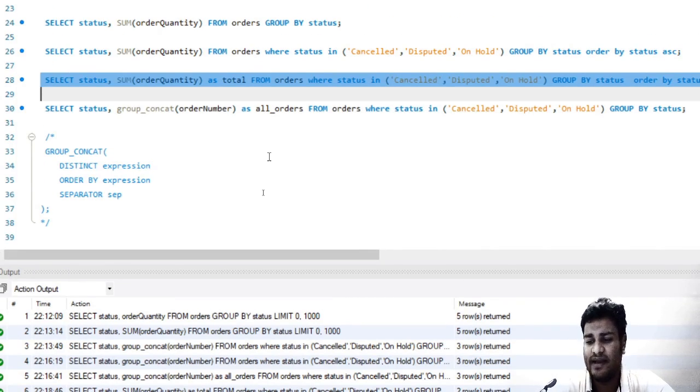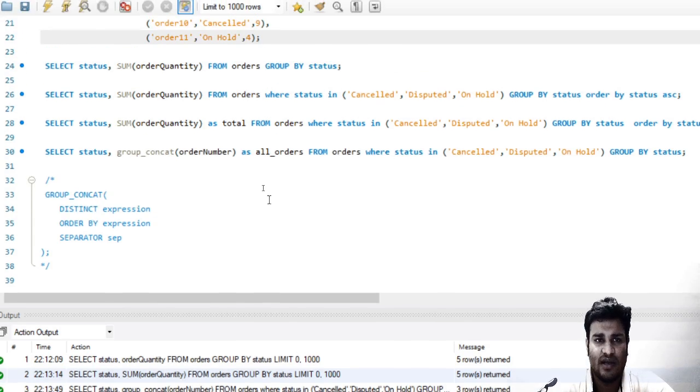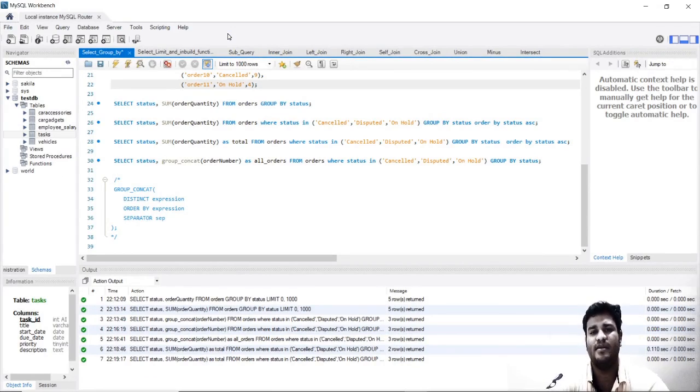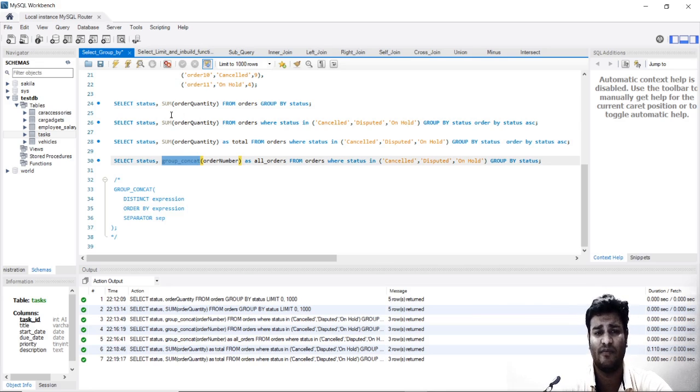So this brings this chapter to a close, and in the next chapter we will be studying the limit and some inbuilt functions. Obviously, I will not be going through all of the inbuilt functions. There are a lot of them, so you can use them as and when required. Mostly all the mathematical functions are there, logical operators are there. So we will cover just the major parts such as group concatenate, some important things like sum, average, minimum, etc. So thank you guys. Have a great day.